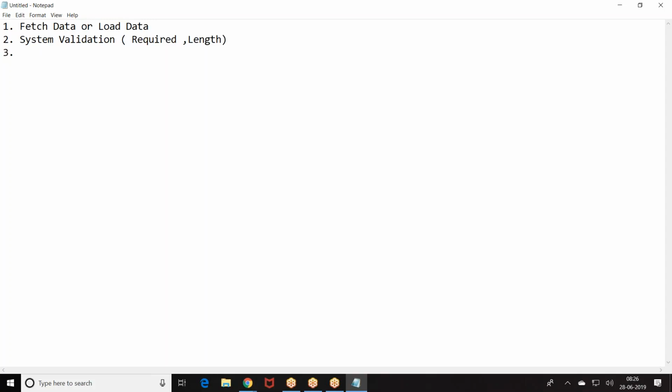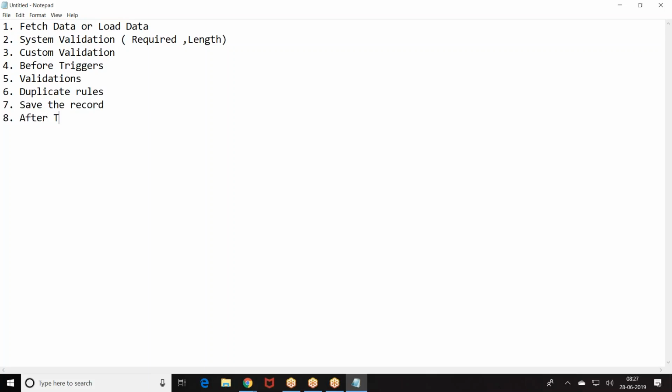The next, custom validations. Then before triggers, then validations again, then duplicate rules, then we save the record,